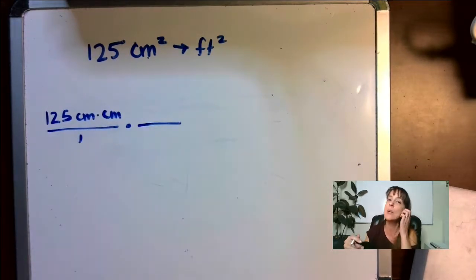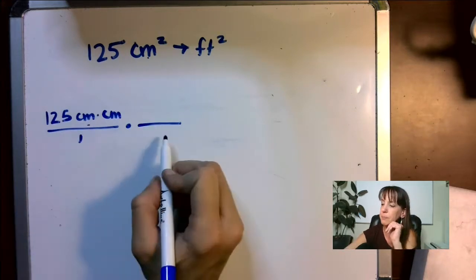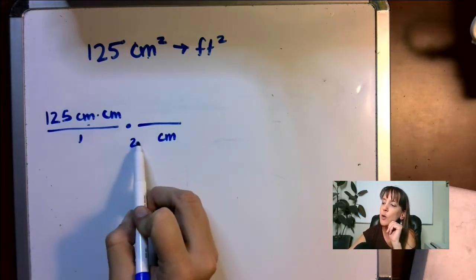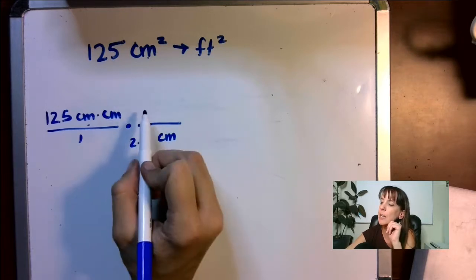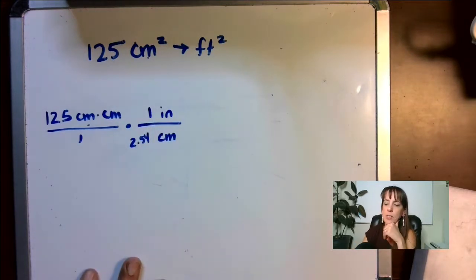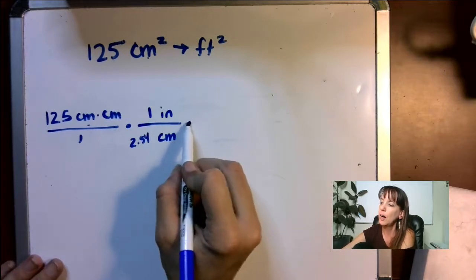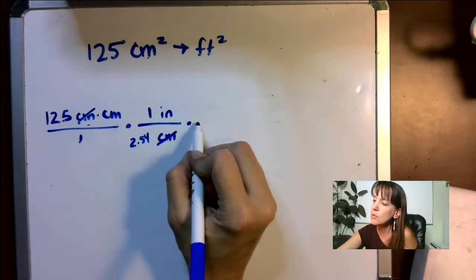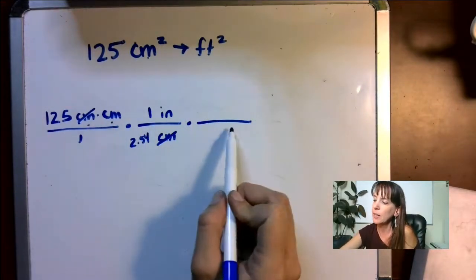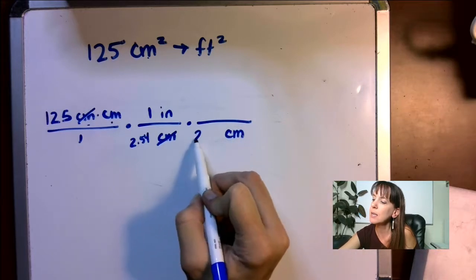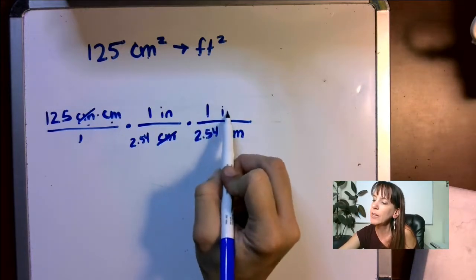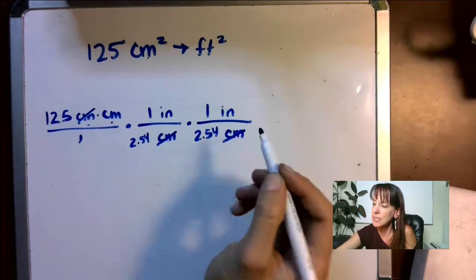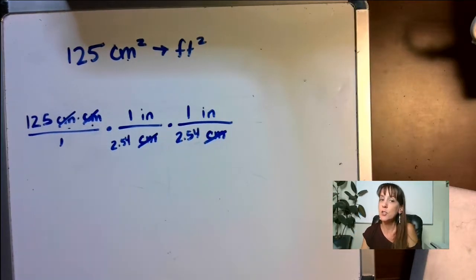Times that by, I need something that equals 1 with the centimeter on the bottom because I want to be able to cancel those. 2.54 centimeters in 1 inch. All right, this cancels out this, but I got to do it one more time. So I have centimeters up here, so I got to put centimeters down here. Same thing, 2.54 and 1 inch, okay? And so this cancels out with this. But guys, we don't want to go to just inches, right? We need to go to feet. So this is why we have to use